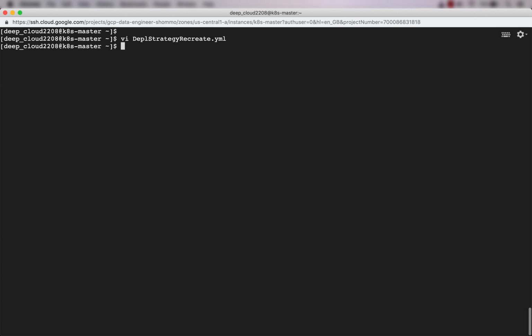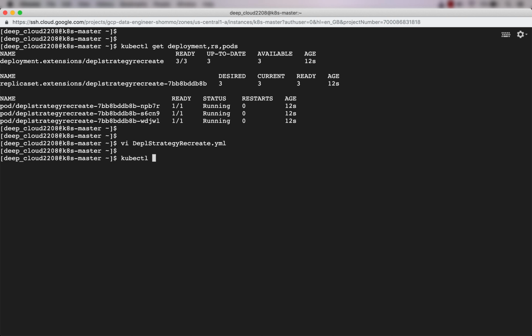And now what do you do? How do you apply the changes? There are two ways to do it. One is the imperative way, that means using the command line interface to upgrade the deployment, or the declarative way, which is by changing the manifest file, and that's what we have done. But can we use the create statement? That is the first thing that will come to your mind, to use the kubectl create command.